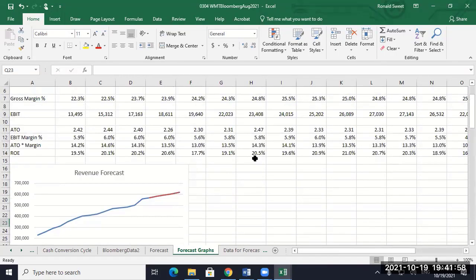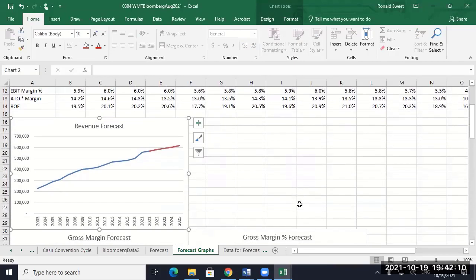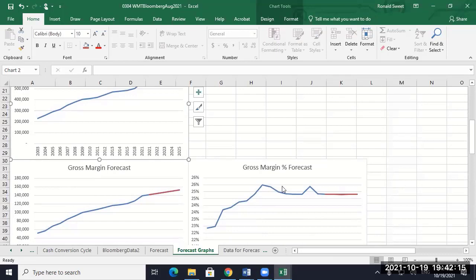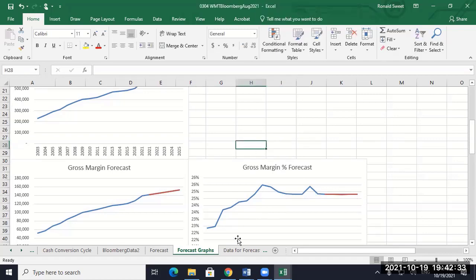And those that are taking my Costco class, you saw that I didn't wait to build the graphs until the very end. I was building graphs as I went. So I just did my revenue forecast. You can jump over here and look at it. So don't move on off of revenue forecast unless you look at the graph. Don't move off of gross margin until you look at the graphs. So as you go down, and I was just doing that with Costco. Every time I built something, I just graphed it, looked at it, and said, okay, that seems reasonable. There's nothing wild going on there. I didn't click the number wrong. So I do that all the time. Just build a graph just to see if what you're doing is reasonable.